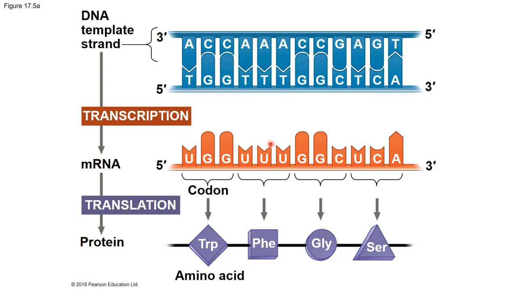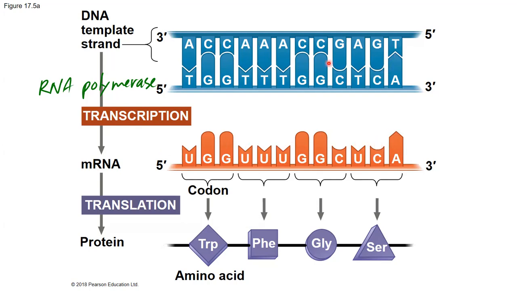Now, in the DNA, we have 2 strands. One of these strands will always be used as a template by the RNA polymerase. Remember, we have an enzyme called RNA polymerase. You learned about DNA polymerase in Biology 101 and how the DNA polymerase can make more DNA or can replicate DNA or duplicate the DNA. Here, we have a similar enzyme with a similar activity, but instead of using a DNA template to build more DNA, this enzyme uses a DNA template to make an mRNA molecule or an RNA molecule.